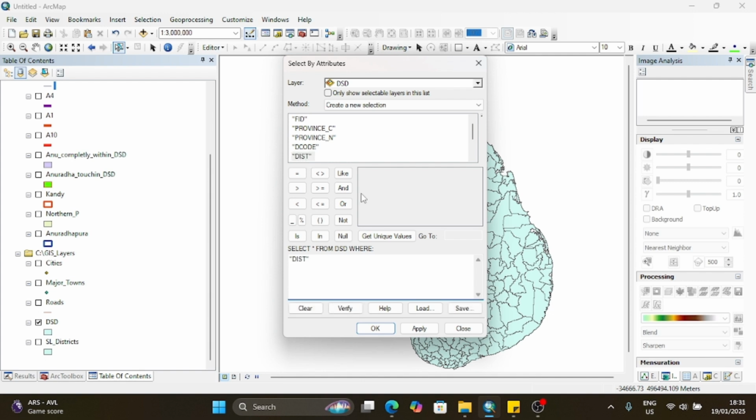So double click on it. If you click get unique values, that will give you the attributes of that field. So click on it, and you can see all the districts listed under the DIST field. I need the DS divisions which are coming within the particular